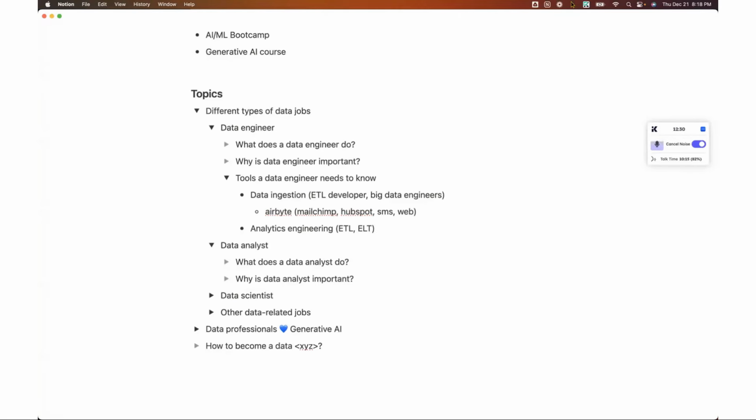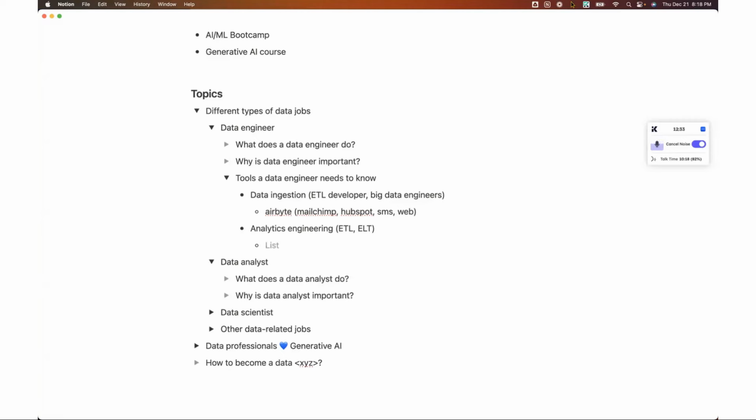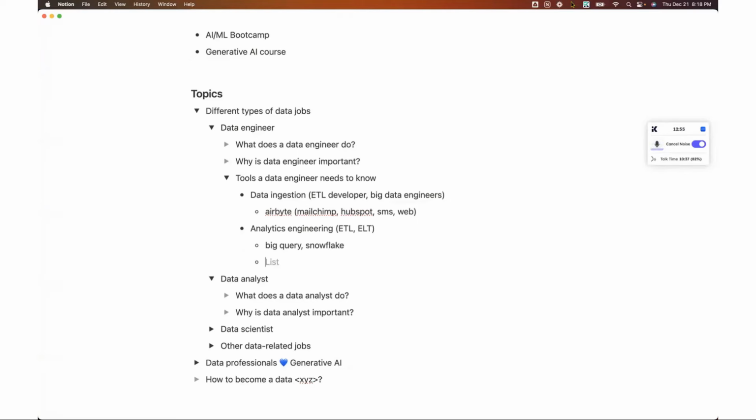Okay. Things analytics engineers need to know include database systems and data warehouse tools such as Google BigQuery, Snowflake. You must have heard about Snowflake data warehouse. In Amazon, there's Redshift. So there are different kinds of data warehouse tools. If you would like to build workflows with a lot of SQL-based transformations, look into dbt, which is the data build tool. It's very popular right now. If you would like to work as an analytics engineer, I strongly recommend you learn dbt.